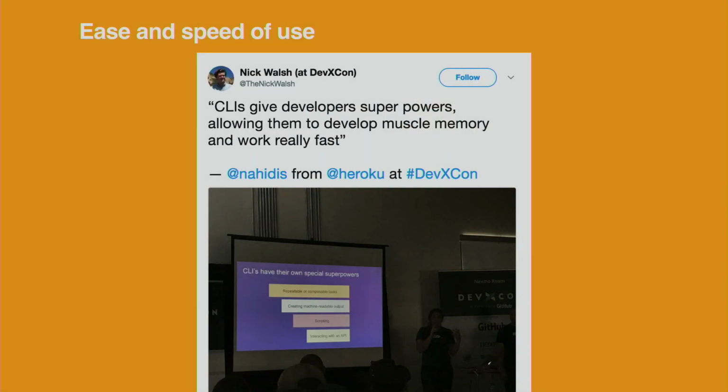The other thing that is a delight in everyday use is making things easy and fast. So there was a great talk by the team at Heroku a couple of days ago at DevXCon, where they talked about the power of a CLI to enable people to get tasks done more quickly and with just a few commands. Any of you who have been building for a long time, you know you have your keyboard shortcuts that make all the difference in your daily work.